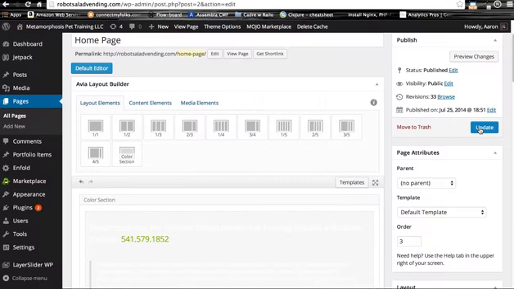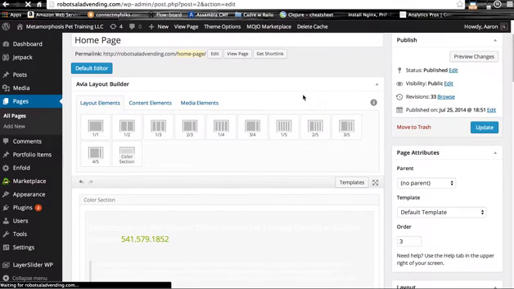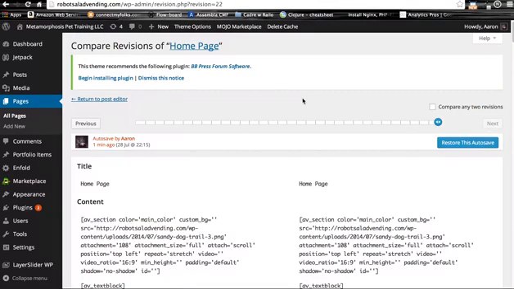If you ever make a mistake, you'll notice that we have this Revisions button up here. And under Revisions, you can see I already have 33 just from sort of getting you up and running. Every time I made a major milestone in terms of design, I would update. And you can click Browse. Just give it 1 second while that loads.